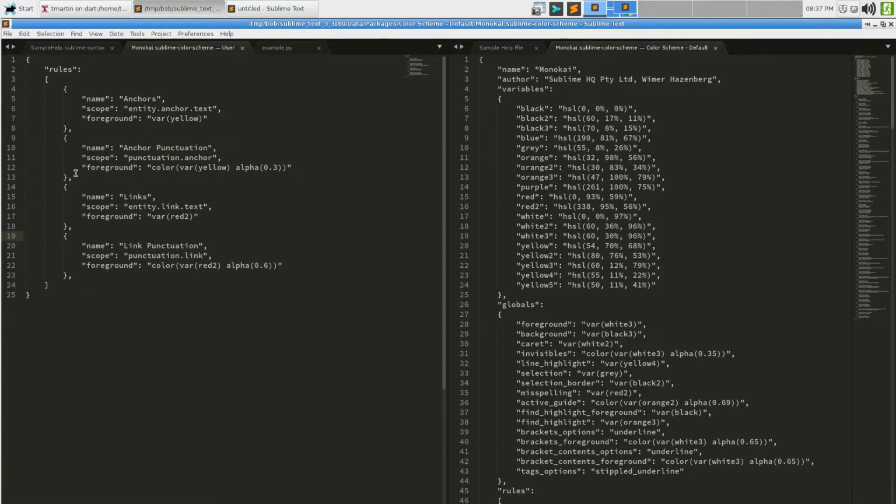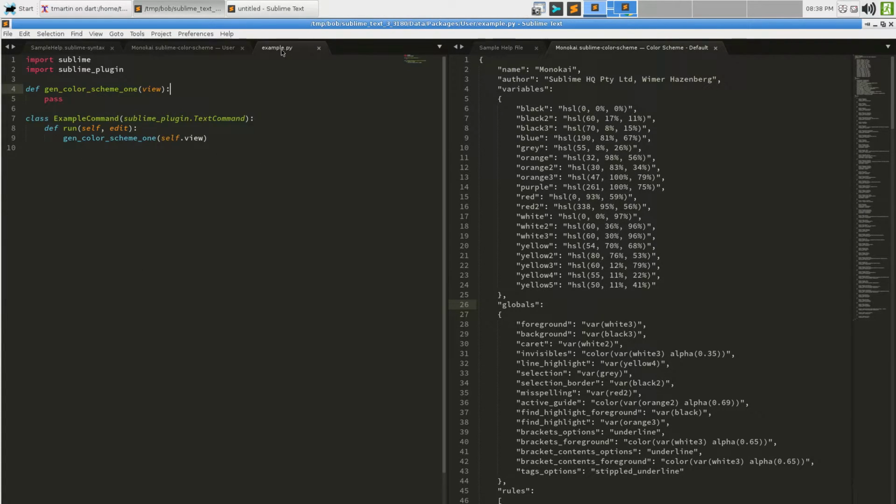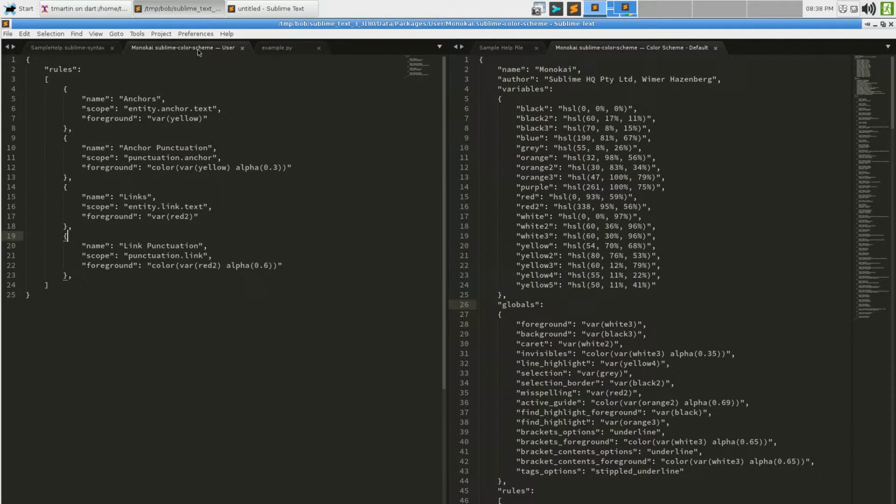So one thing we can do is just patch one, but my first thought was, why not just create an entire one of these things from scratch? And what we would do is base it on an existing color scheme and just grab the information that we need and create one of these files. So that would look something like this. So let's say, and again, hard coding this for the time being, these are the scopes that we're interested in creating rules for in our color scheme, right?